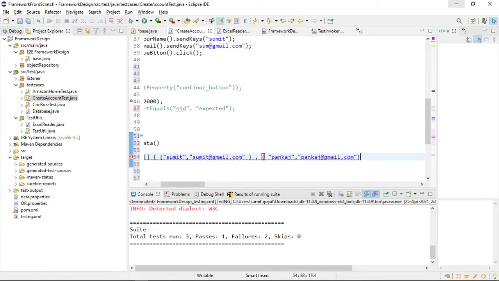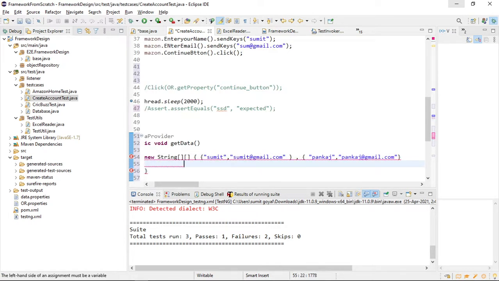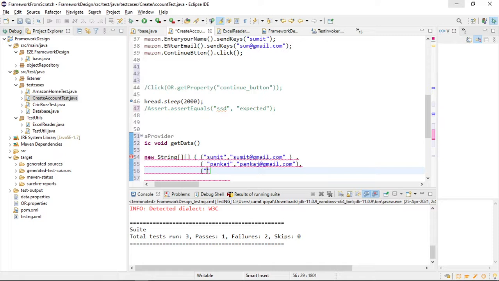After that, close it and provide one more comma. Let me write line by line. After that, provide one comma and put another person's name, like Jalaj, and the email will be some dummy email.